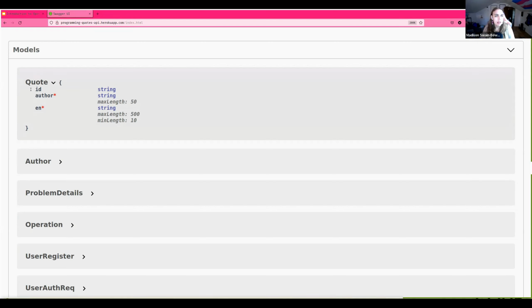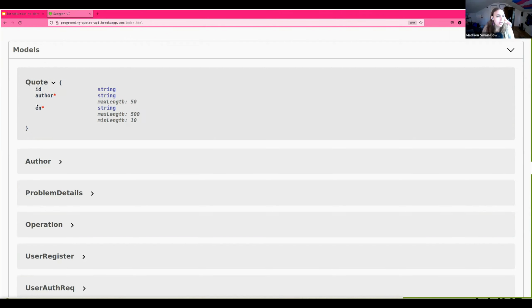So we can see that we have an ID, which is a string. We have an author, which is a string of max length 50. This max length is something that the API is saying they're going to abide by, right? JSON doesn't have any string limits or any validation that comes as part of it, besides if it's a string or a float or whatnot. The author could potentially be way larger than 50, but this is just the API saying, we're not going to give you a response that's greater than 50 characters.